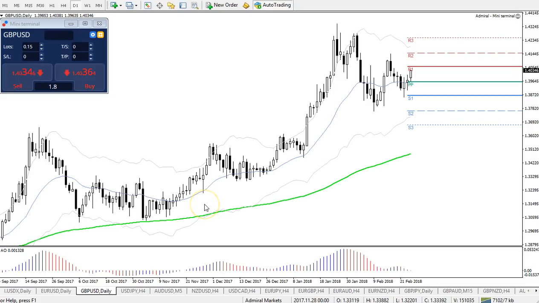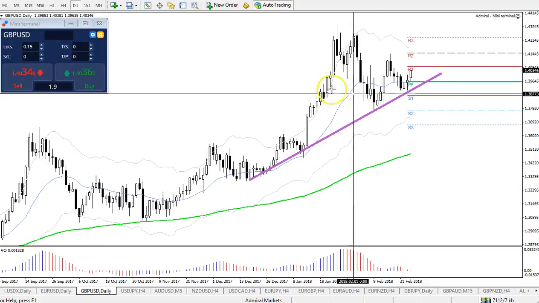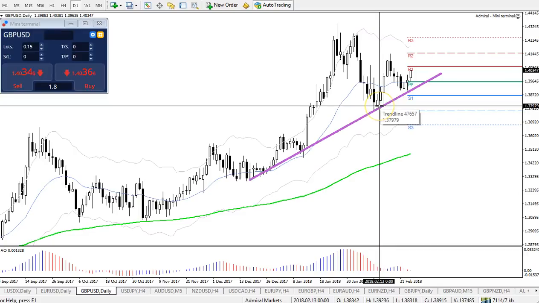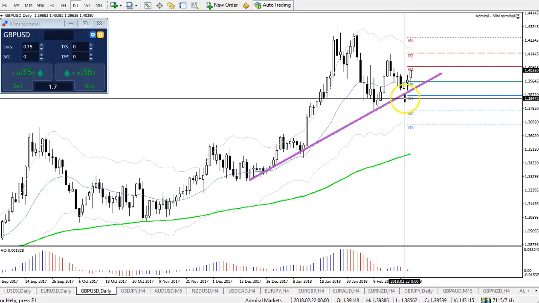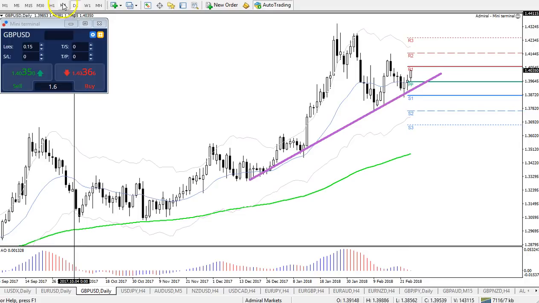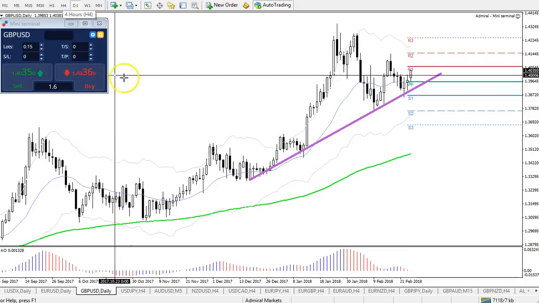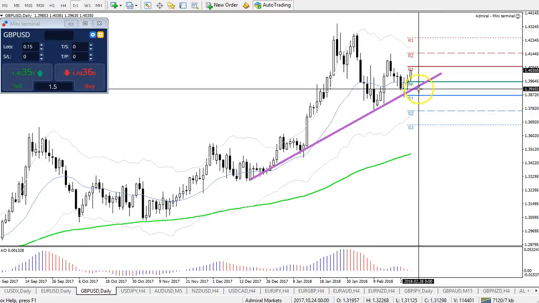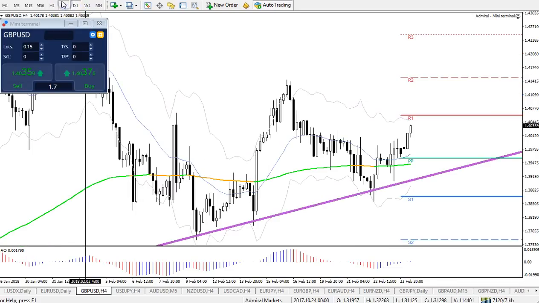I want to start with the pound dollar. This is the daily chart, and of course pound dollar is in an uptrend. When we're looking at this graph, we can see that clearly when price bounced off this trend line, making higher highs and higher lows, and price recently bounced twice at this trend line here, mid-February and just recently, a few days ago. However, the bullish bounce, although it is looking interesting because the price is making some good speed to the upside, it is